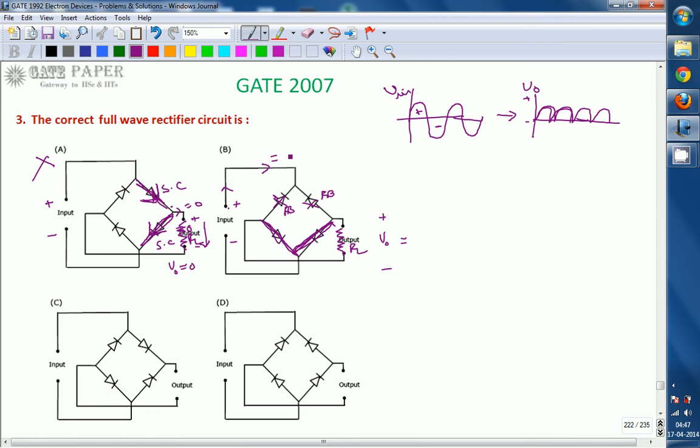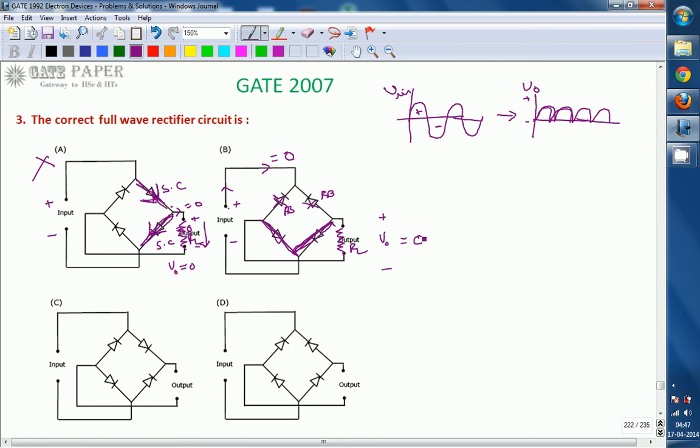That is nothing but the current flowing through this one is going to be 0. Whenever the current flowing through is 0, at that time this will also be 0. So there is no loop going from the positive terminal to the negative terminal. You must get a loop such that while going through the loop, a current should also flow through RL, which makes the output voltage.